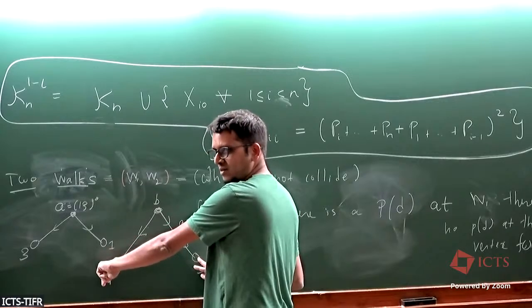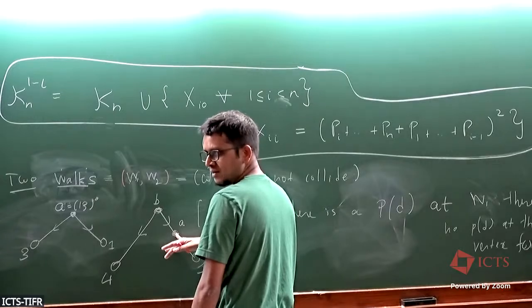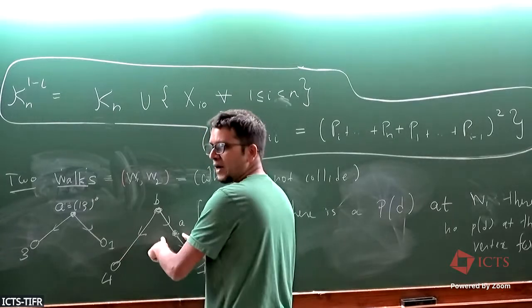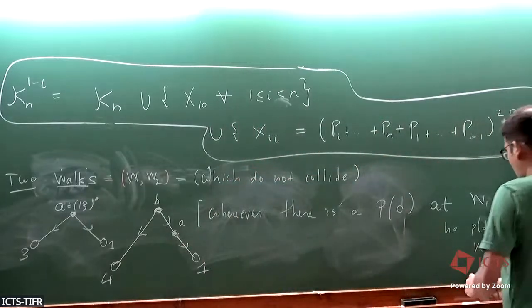Because it only has a peak at B, it has no orientation change at A. So these two walks are called non-colliding walks, and you can easily convince yourself that the set of all non-colliding walks